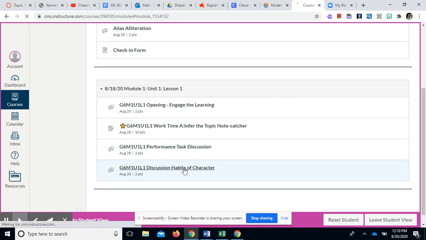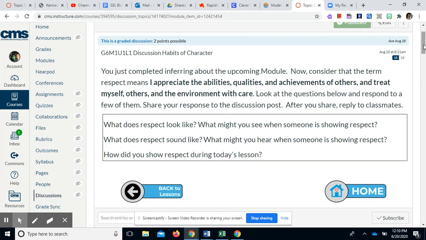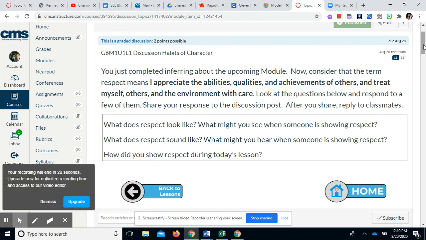is discussion of habits of character. Talking about habits of character, we are focusing on good habits, character traits that effective, successful people have. We will be talking about these throughout all of ELA and obviously throughout this module. Today, we're focusing on respect. First of all, it tells us respect means I appreciate the abilities, qualities, and achievements of others and treat myself, others, and the environment with care. And the questions that you are to respond to: